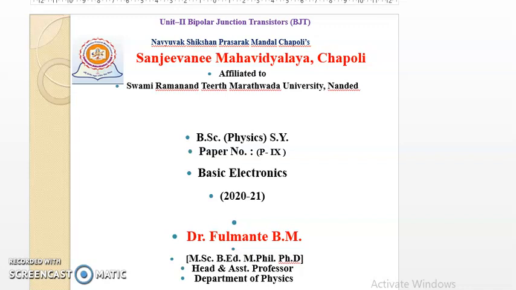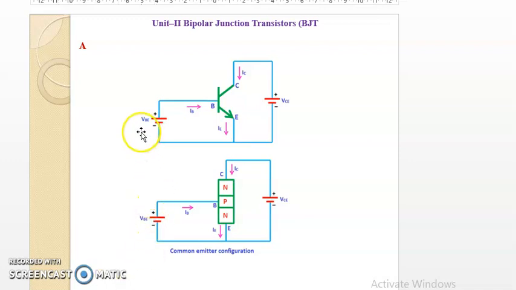So in this way, we have seen in detail the output characteristics of a transistor in common emitter configuration. In this case, VBE is to be kept constant and VCE is to be varied, and one has to record the collector current. Remember, in the case of an NPN transistor, the directions of the base current, emitter current and collector current IC are in this way. And surely you may know that there is a relation between IB, IC and IE.